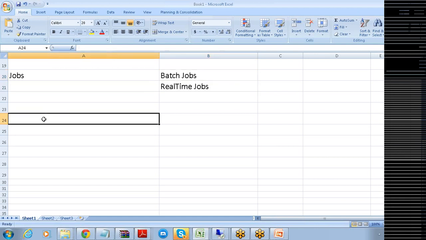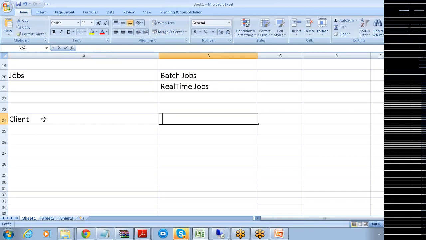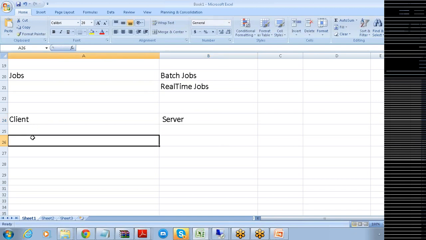Now, BusinessObjects Data Services works on the concept of a client-server environment. The client is the place where we develop your ETL applications, which are nothing but the jobs.